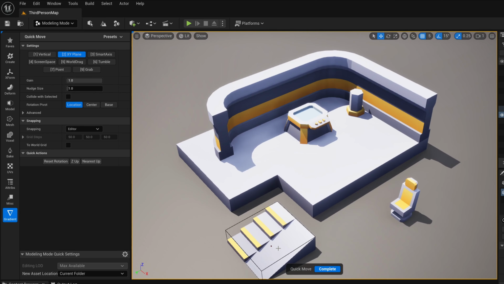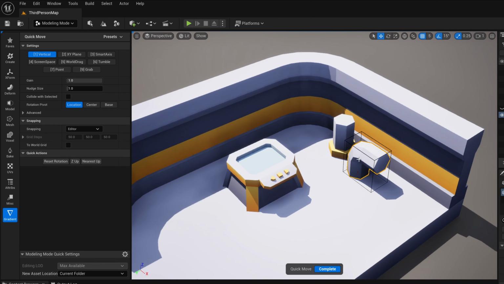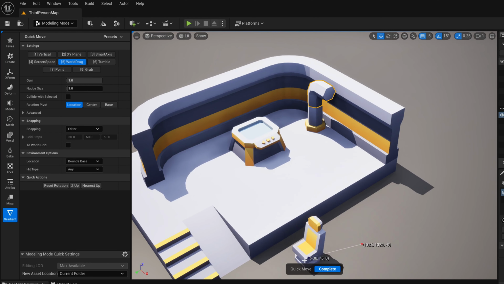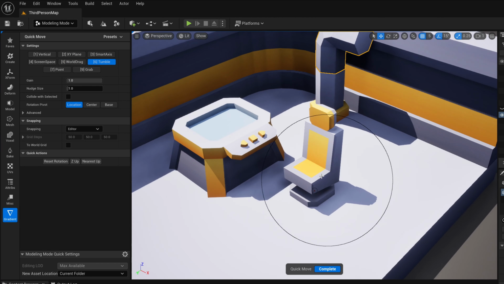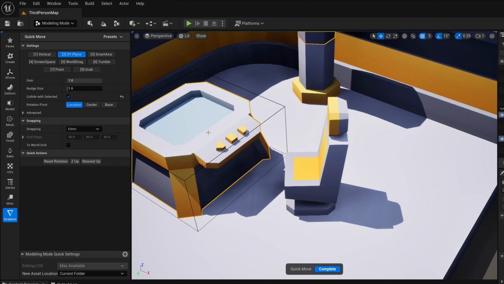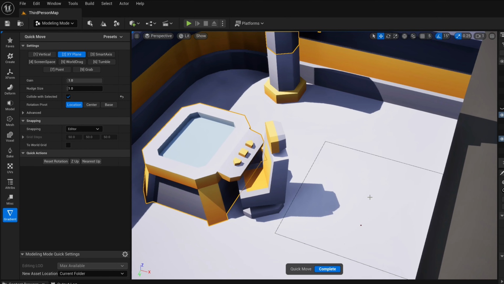The Quick Move tool can be used to translate and rotate objects in the level without requiring selection or gizmos. Hotkeys are used to switch between different transformation modes like vertical, XY plane, screen space, and drag on scene or landscape. Objects can be rotated around their pivot, center, or base point. Shortcuts are available for quick fixes like setting an object upright, and collisions can optionally be detected with selected meshes